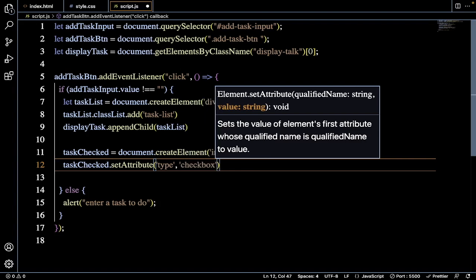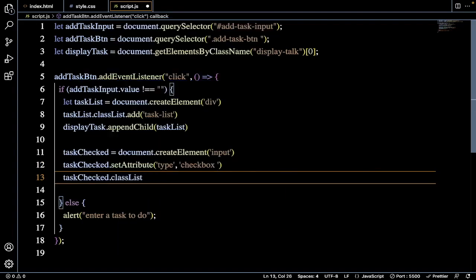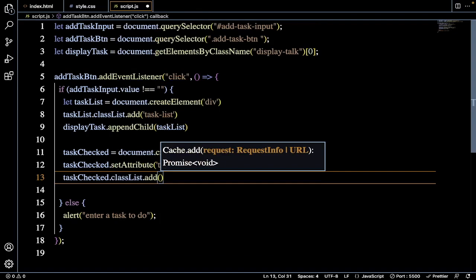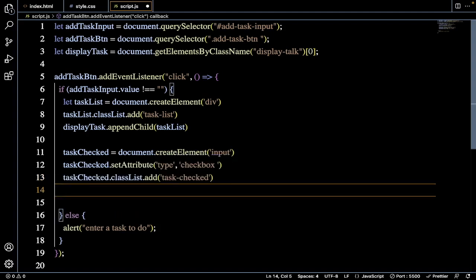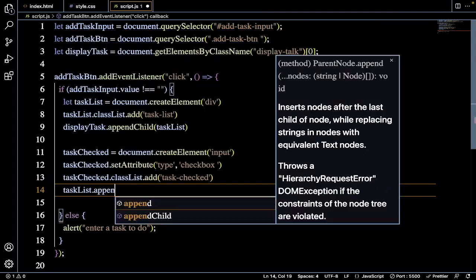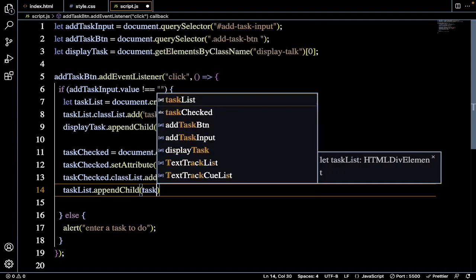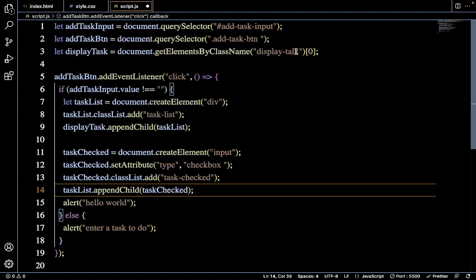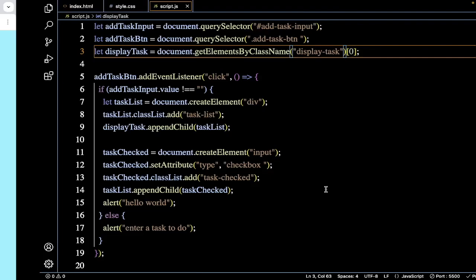So now we'll add the class to it. We'll add that class. And then we can append it to the task list div. Or append child. We want to append the task check. Here I realized that I made a mistake. Instead of task, I said talk. So when we save this code and inspect this page,